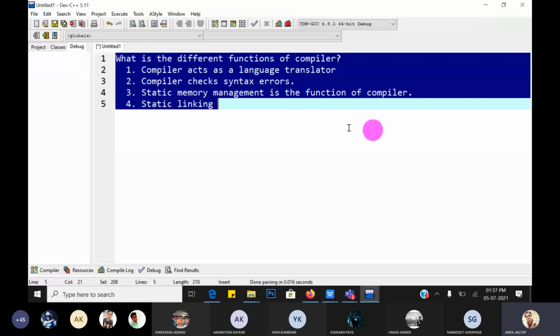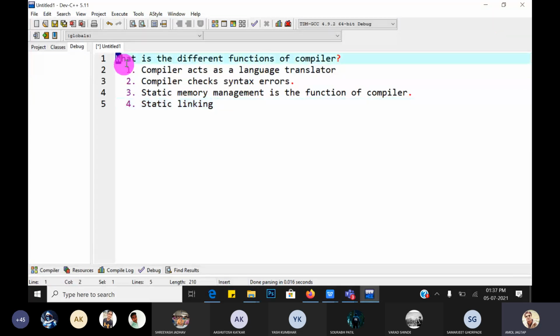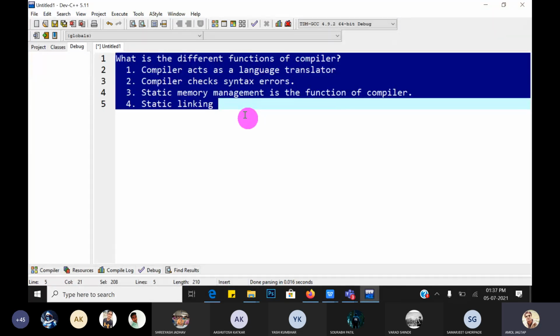Great. So let's move to the next part. We will discuss algorithm and flowchart, which is the first point in our syllabus, later on after two or three sessions, because we will first focus on the introduction to C language, and after that we will focus on algorithm and flowchart.